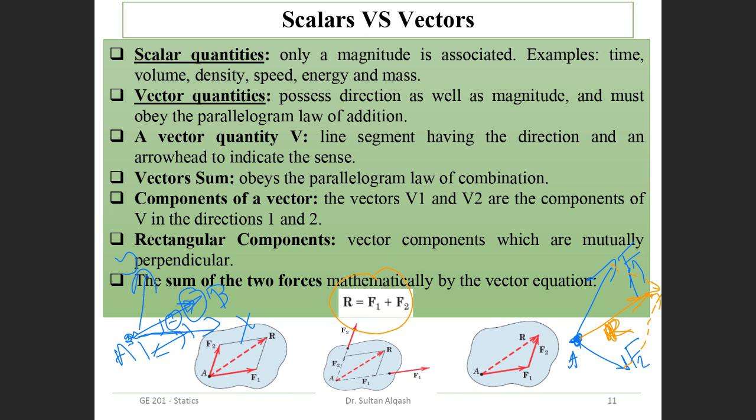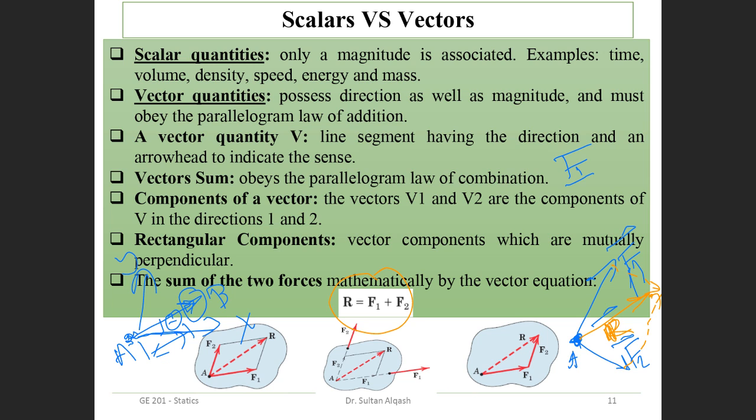Let me warn you guys, in textbooks, right? You'll find that they write this in boldface, so in boldface, they mean this is a vector. But when we write it by hand, we put an arrowhead on the top, just to mean that this is a vector. Or some handwritten notation puts force 1 with an underline. You'll find that different people use either way of writing. Okay, clear, guys?